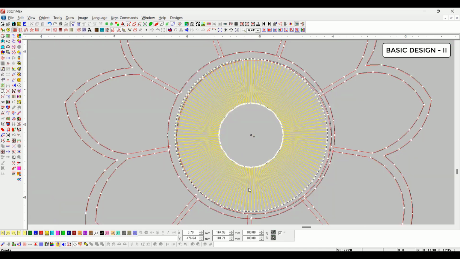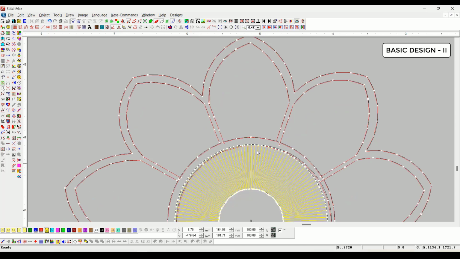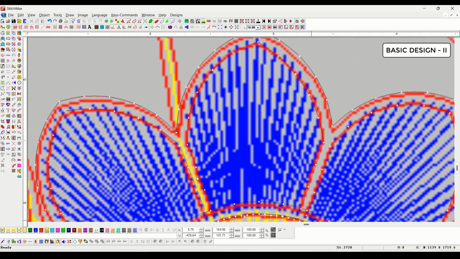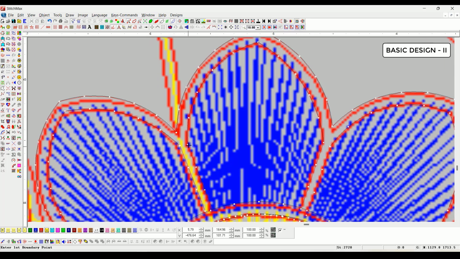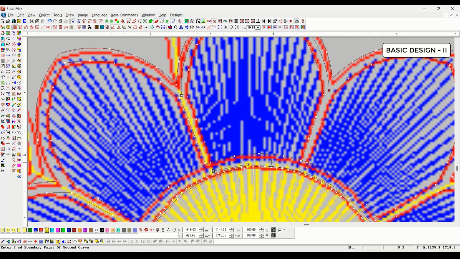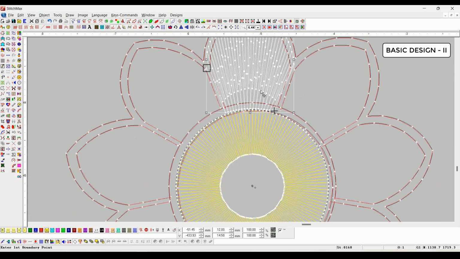Here you can see that the satin fill has been applied. On the outer side of the flower, all the petals are made separate. For that you have to use the dual side. The first side of the object has to be made, then entered. Then the second side has to be drawn below and entered. So in this way all the petals of the big flower have to be made separately.